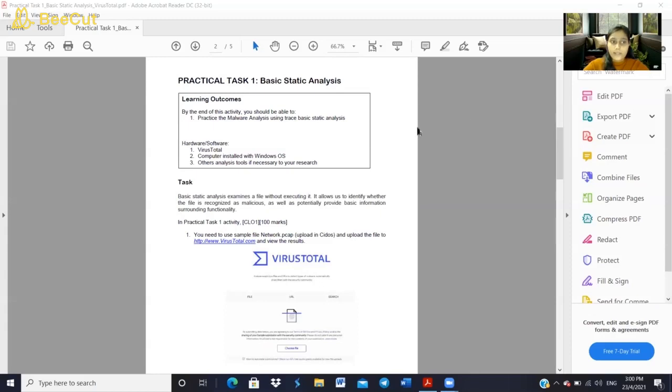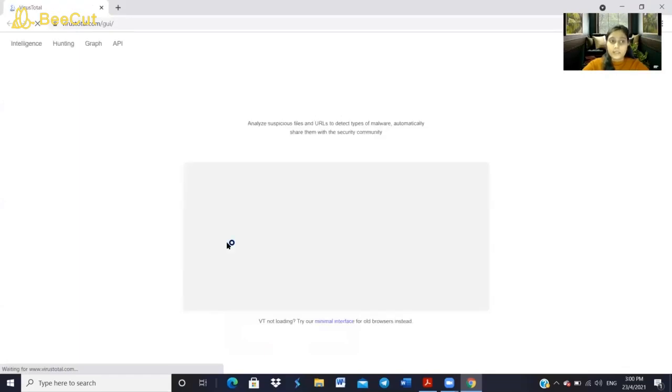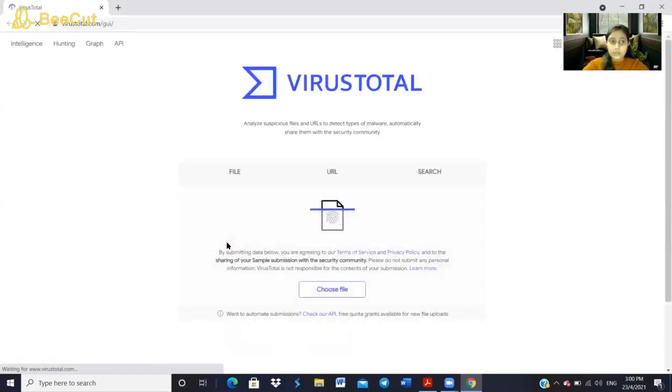So now let's go ahead. First I click the link that directly links to the VirusTotal web page. You can also search for the VirusTotal web page in any other trusted search engine such as Google. So this is the VirusTotal web page. We are here now.